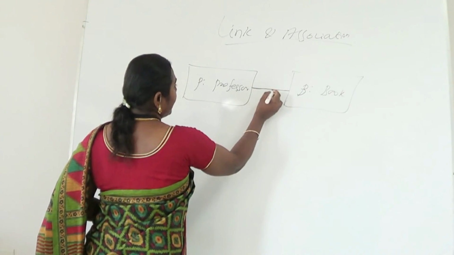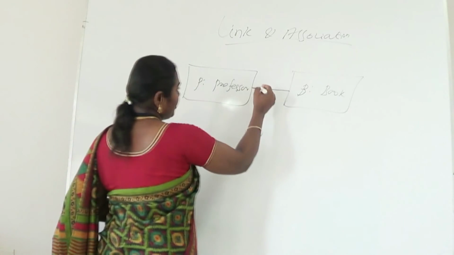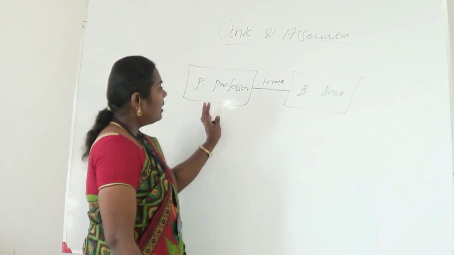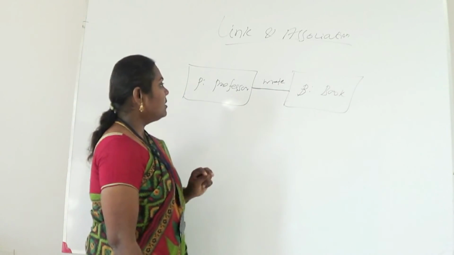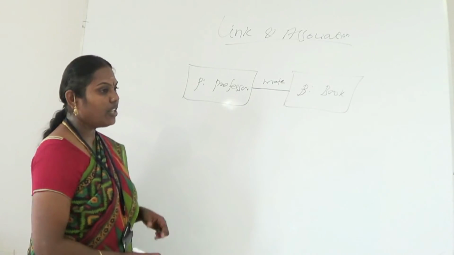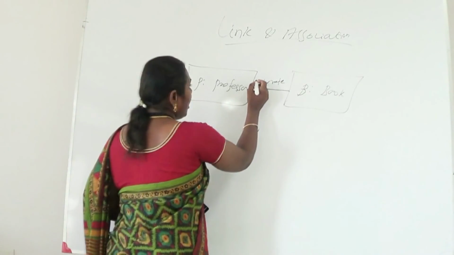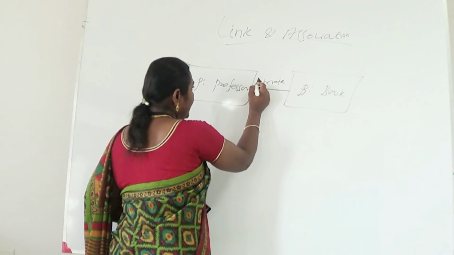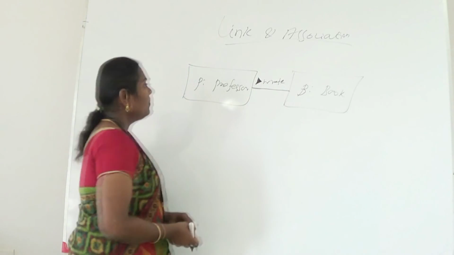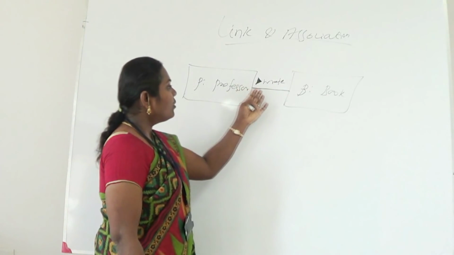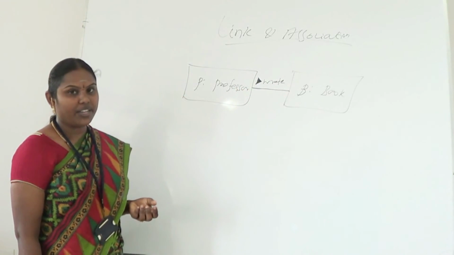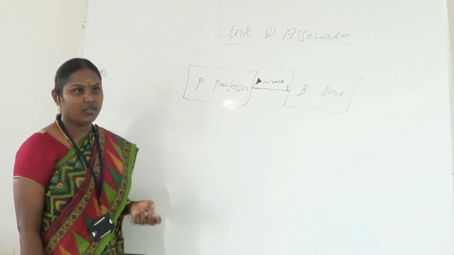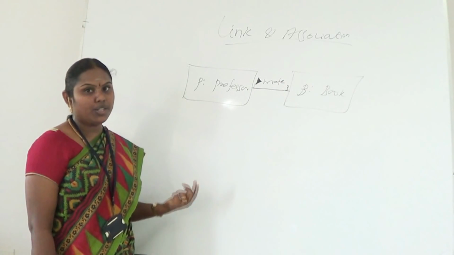Here is how to specify the association using a solid line path, along with the association name. For example, I have to specify the name "wrote". So the professor and book can link with the "wrote" association name. We perform the read statement with the help of the optional black triangle. This is the notation which indicates in which direction we read the statement: professor wrote a book. We also have to specify the multiplicity, for example 1 to 3: one professor can write 3 books. So likewise we specify the relationship between the two classes.